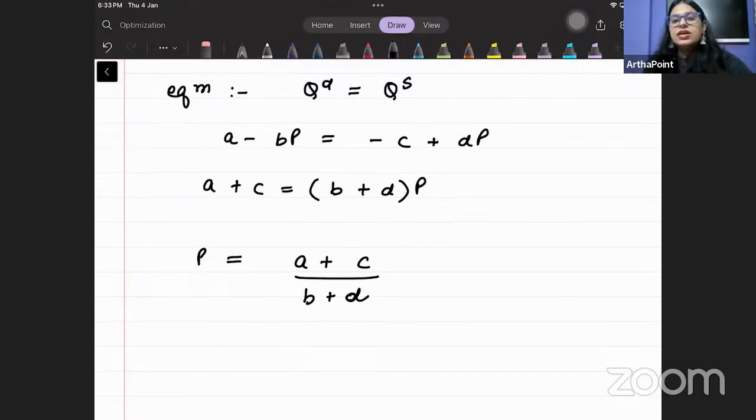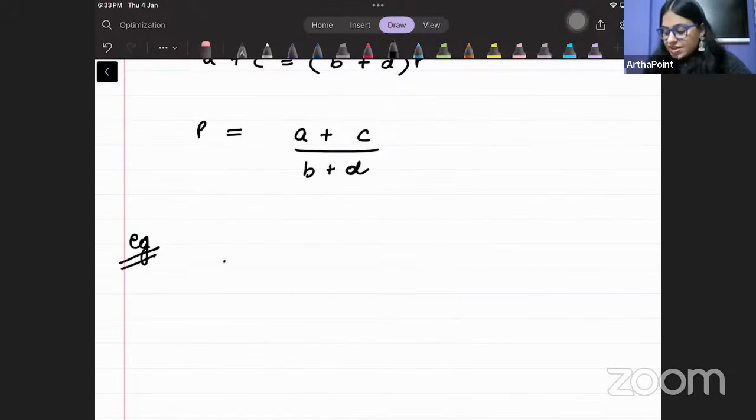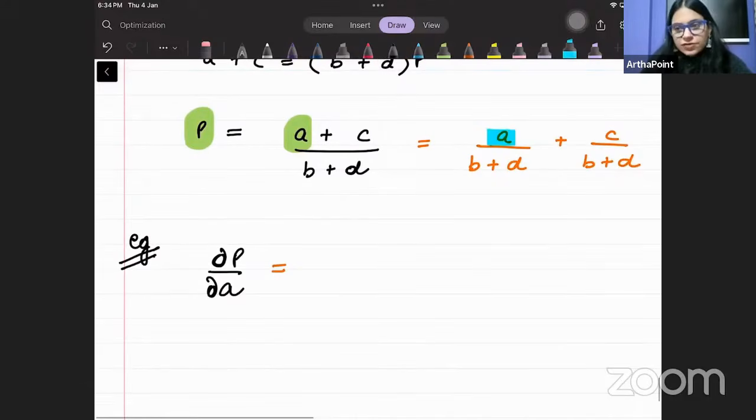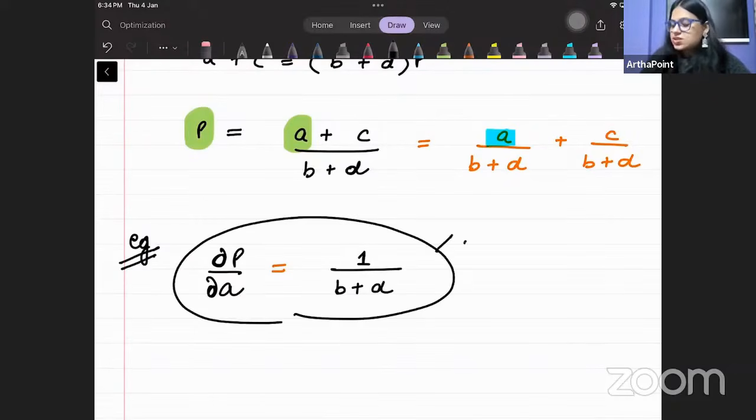अब क्वेश्चन ये आता है कि अगर आपसे कोई पूछे कि बेटा ये प्राइस कैसे बदलेगा जब आपका a चेंज होगा, ये प्राइस कैसे चेंज होगा जब a चेंज होगा, मतलब आपको इसको विद रिस्पेक्ट टू a डिफरेंशिएट करना है। तो देखो ये हो गया a अपॉन (b प्लस d) प्लस c अपॉन (b प्लस d), और जब मैं a की कंपैरिजन में डिफरेंशिएट करूं तो a तो सिर्फ यहां पे आ रहा है ना, तो a की डिफरेंशिएशन हो गई 1 अपॉन (b प्लस d), और ये इसका सॉल्यूशन है। तो जब हम ऐसे इक्विलिब्रियम निकालने के बाद और इसका फाइनल आंसर निकालते हैं, इसको हम बोलते हैं कंपैरेटिव स्टैटिक्स। ठीक है बेटा? ओके बेटा, थैंक यू।